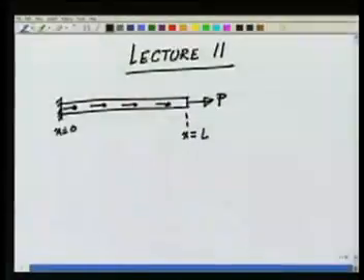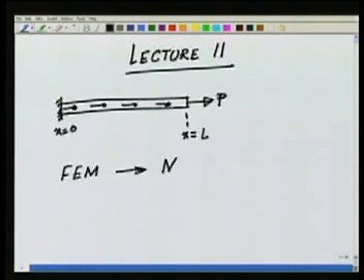And we had said that the bar could be constrained at the end x equal to 0, and it could also have a uniformly distributed axial spring, that is, it is lying on an elastic support which is going to apply a constraint to the motion or give a resistance to the motion. So, for this problem we had developed the finite element method, where our approach was to make